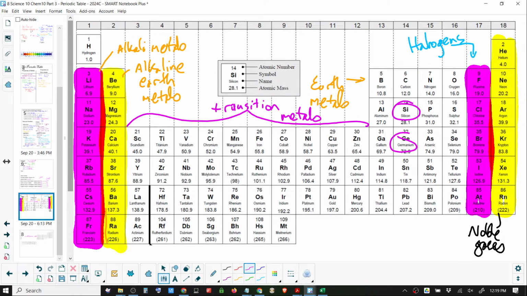However, francium is the most metallic because it most wants to give up its electrons. As you go down, it gets bigger, and so it's easier to let go when things are far away. On this side, when you're trying to fill it in, as you go down, as you get farther away, they get harder and harder to attract. So for the exact same reason, you get two opposite reactivities on the other sides of the periodic table.